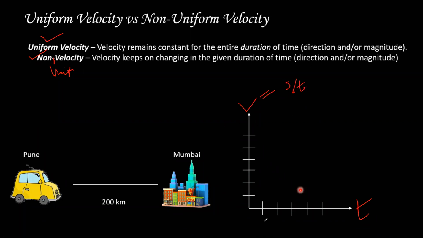So we have 1 hour, 2 hours, 3 hours, 4, 5, things like this. Same way we have 20 kilometers per hour, 40, 60, 80, okay, like this. So now I can plot the graph in the same way. I can either plot it in a straight way if the velocity has been constant for the entire duration of time, or I can plot it in the non-uniform way, which we did in the last thing like 2 minutes ago, something like this.